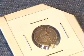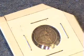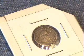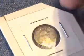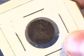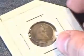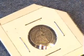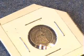Alright, your grand finale for this week is something that actually wasn't called a nickel. It was actually called a half dime. Same value as a nickel. This is from 1860. On the back, you're not going to be able to read that too well, but it says half dime right in the middle of it. And half dimes were actually made from 1794 all the way to